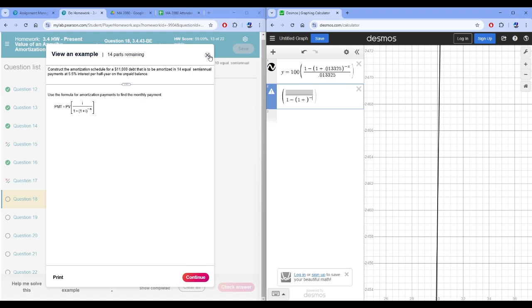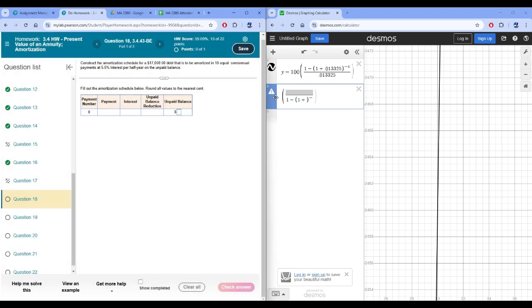Right? Okay. So here it's my present value of 17,000. i is going to be 0.055 divided by 2 for semiannual. So that's going to be up here, 0.0275. This is going to be plus 0.0275 raised to the